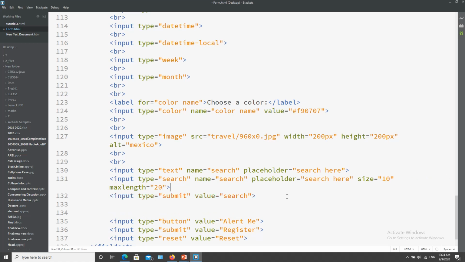These are attributes for the search type: name, placeholder, size, max length. These are not new attributes